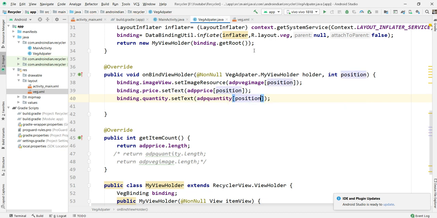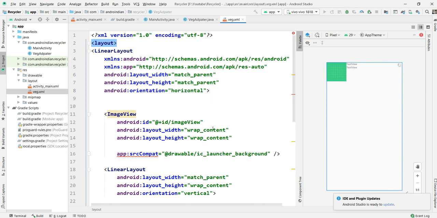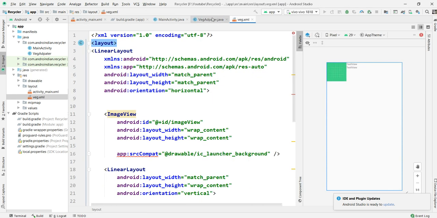Then I'm running this program, and we can see this output. Just simple, this program is done. It's already a lengthy time, so in our next video I'll show how to apply a listener for this, and make this UI more attractive.